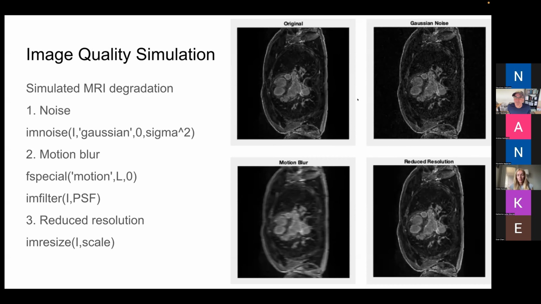But I also applied motion blur, and this simulates cardiac and respiratory motion during image acquisition, which is a major source of artifact in cardiac MRI. And to do this, I generated a linear motion point spread function using the fspecial function and applied it using the imfilter function. And this models directional blurring caused by periodic motion during scan acquisition. And you can see that in this bottom left image over here, where it's pretty easy to see the blur